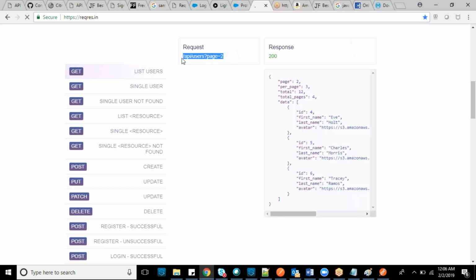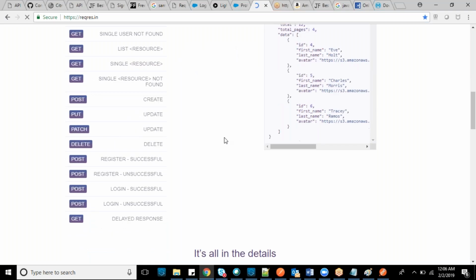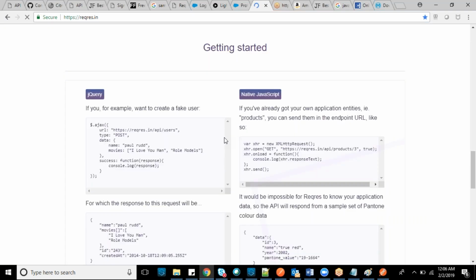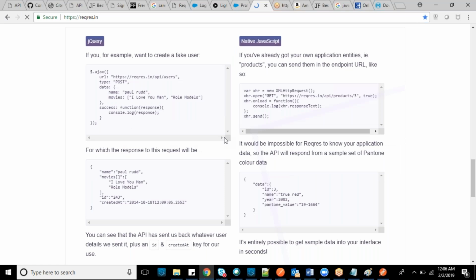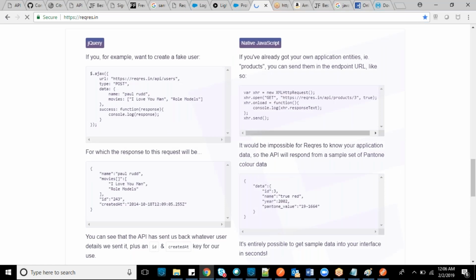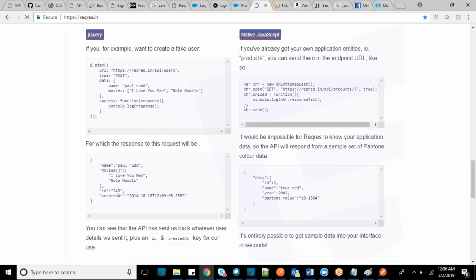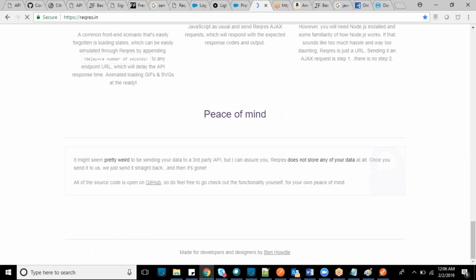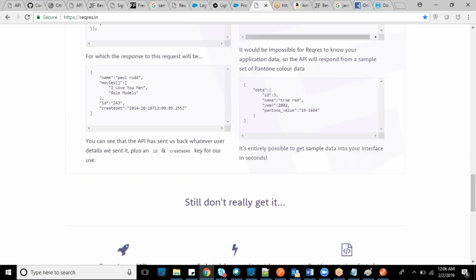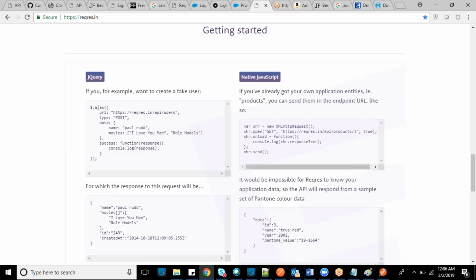Before that, okay, this is the base URL, base URI. Take that base URI and place it in place of host.